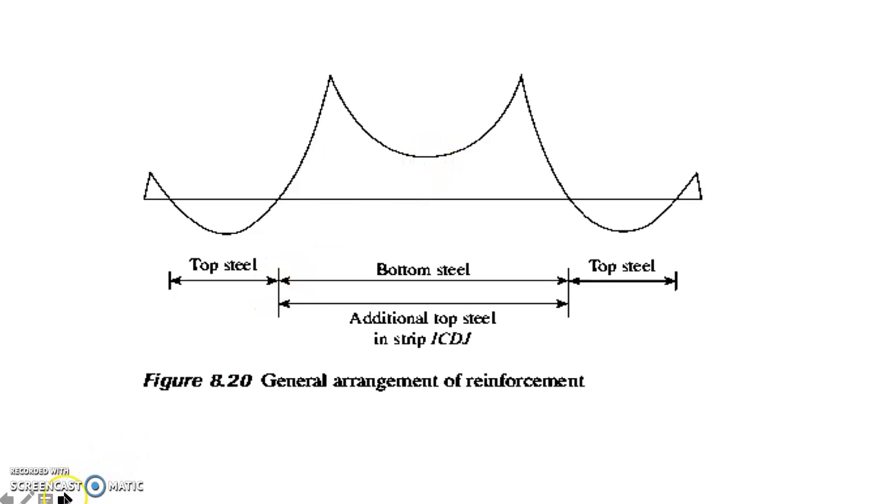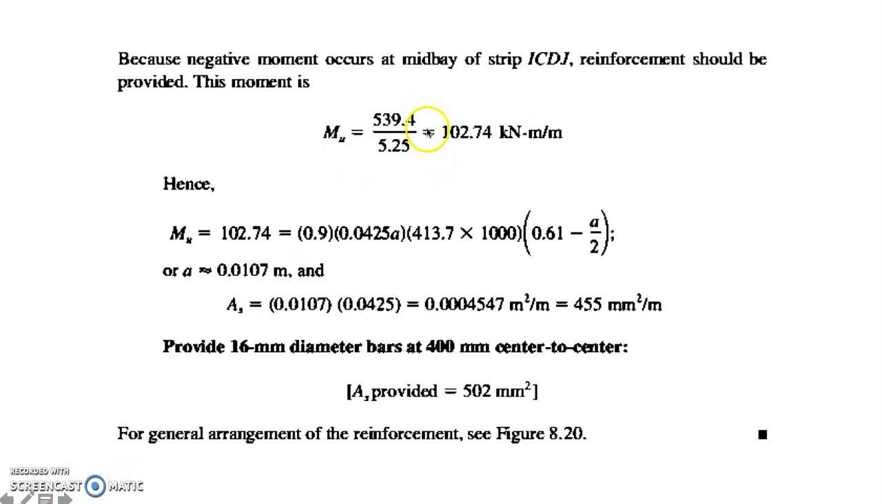The moment here is actually equal to 539.4. Divide that by b sub 1, which is 5.25. So we get 102.74 kilonewton meter per meter. Same procedure, we get the area of the steel, which is 455 mm squared per meter. For this one, we try to use a 16 mm diameter steel bar. For a 16 mm steel bar diameter, the area of one rod is equal to